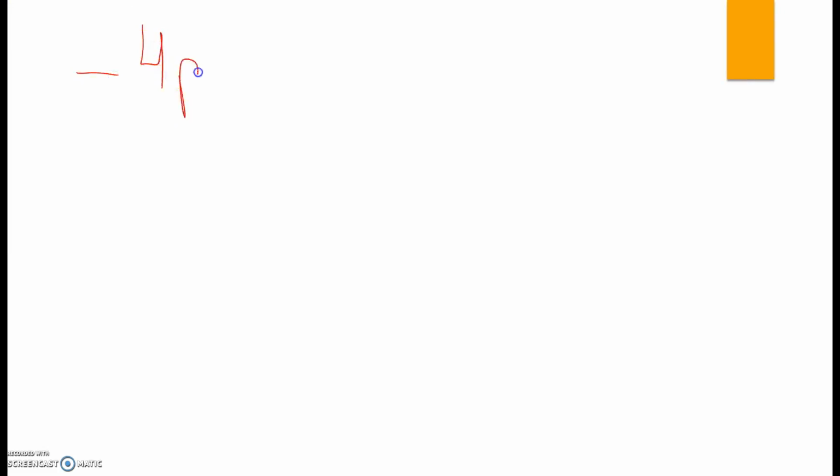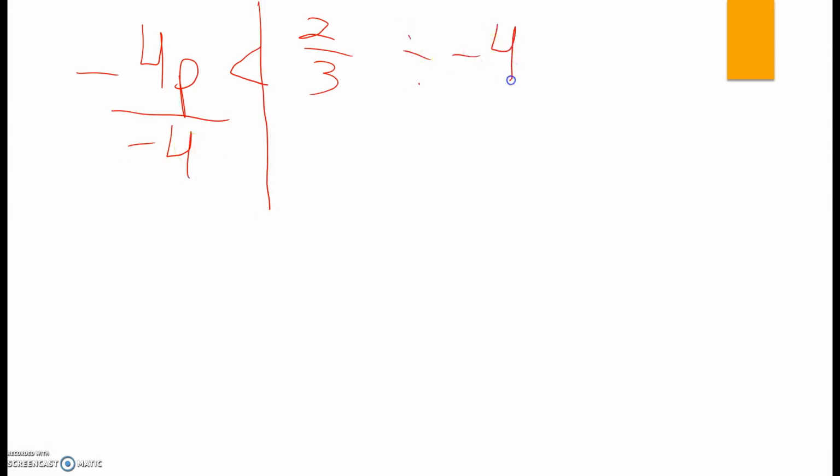So, negative 4p is less than 2/3. Don't let fractions freak you out. You can do this. Okay, so we're going to split this down the middle. We're currently multiplying by negative 4, so we've got to divide by negative 4. And I'm going to do this by hand, but you can also put it into a calculator. So we're left with p on this side. We're going to take 2/3 divided by -4,